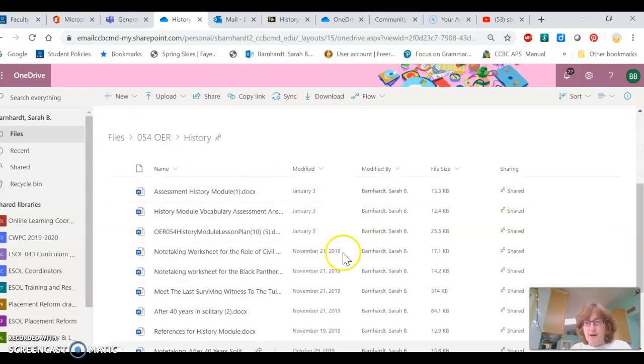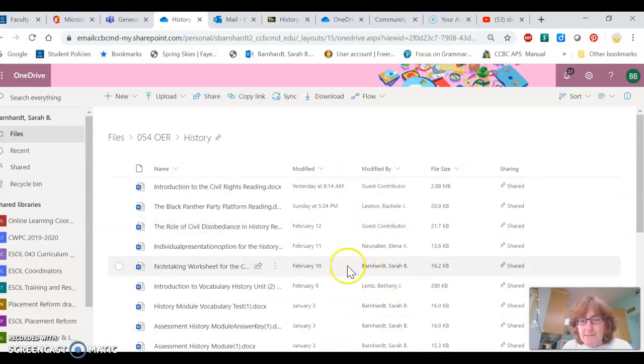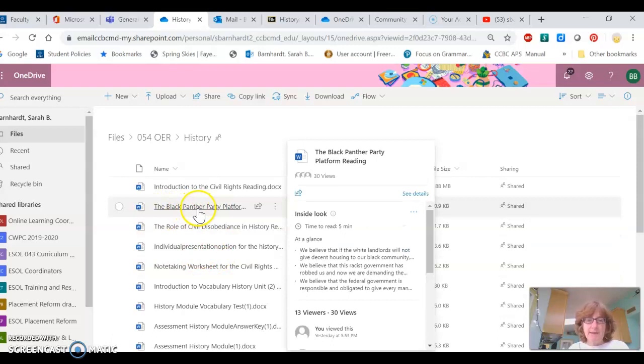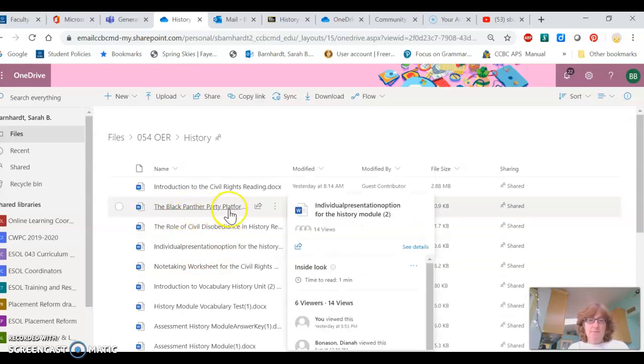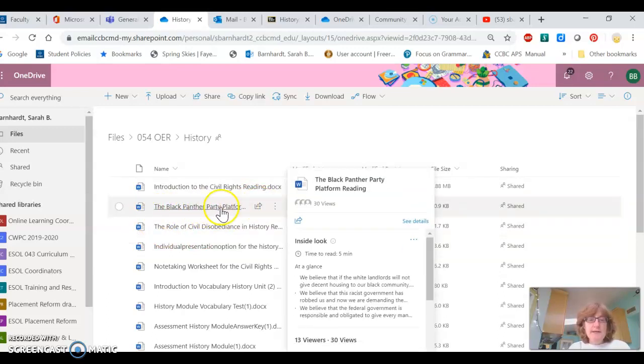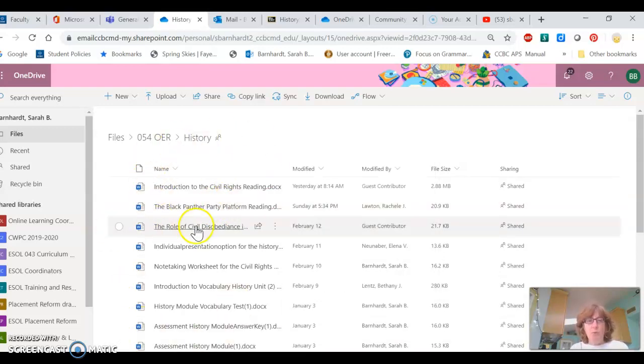Notice how in general my name is the last one that was modified by, because I did this back in either early January or November. Sometimes there are names afterwards, and either they were accidentally edited or they've been corrected. I do think that sometimes the name might show up if you download it, because I don't see any edits, for example, in the Black Panther Party platform reading. But over here, you can always download these, but you don't want to edit them within OneDrive, because